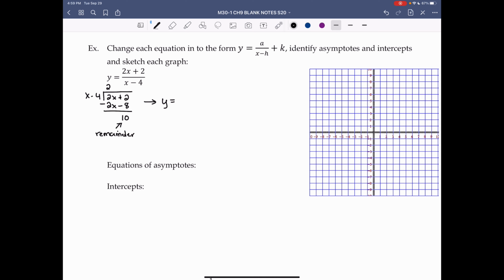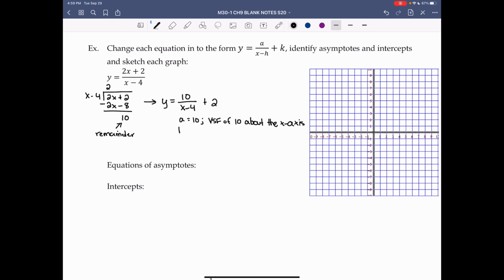So I still have that 10 divided by x minus 4 because I couldn't fully divide, but then I have plus 2 because I was able to divide out 2. So now it is in the form a over x minus h plus k, and a equals 10, which means a vertical stretch factor of 10 about the x-axis,